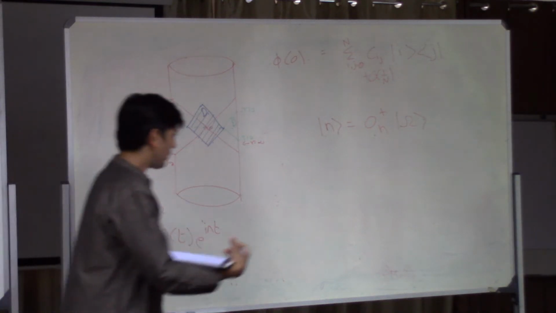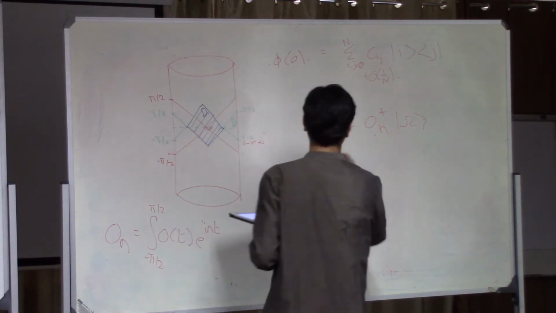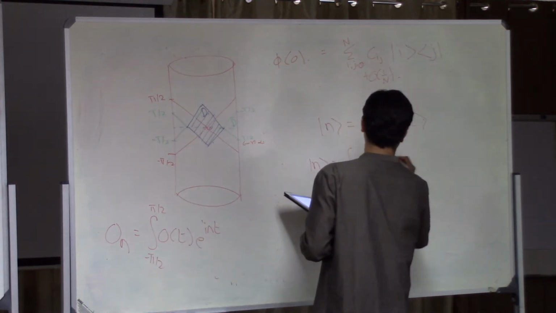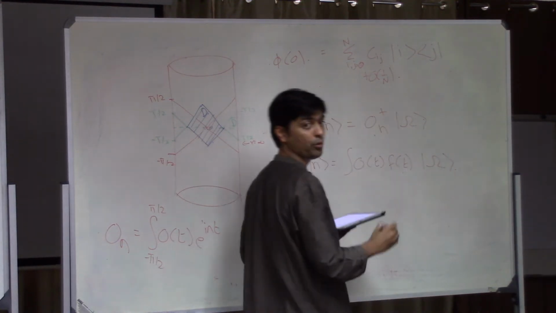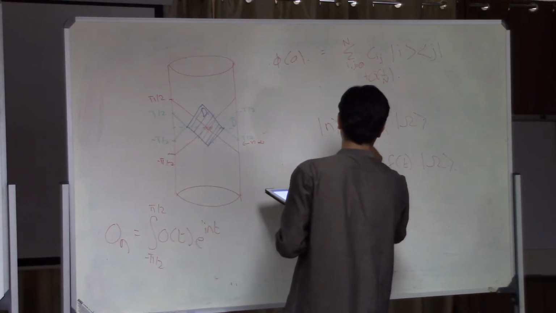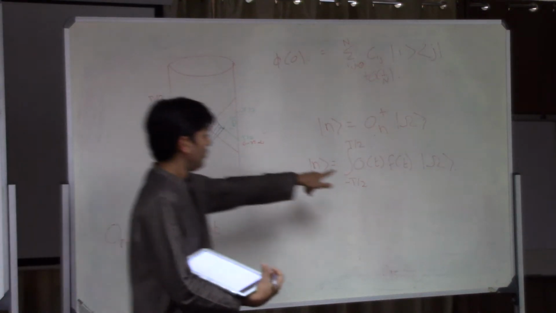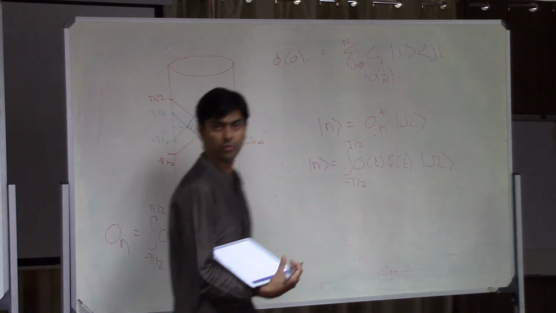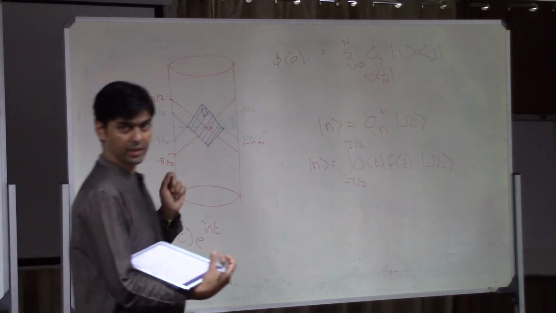Okay. However, the first statement is that in fact you can create this state |n> as the integral of O of t, f of t, dt on the vacuum, where this f of t has support only in this band minus pi by 2 to pi by 2. So one way to say it is f of t has support, or by explicitly doing the integral, only from minus pi by 2 to pi by 2. This is a version, by the way, of what's called the Reeh-Schlieder theorem in quantum field theory.